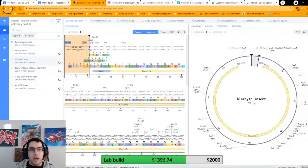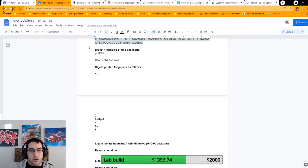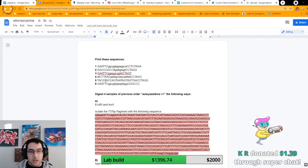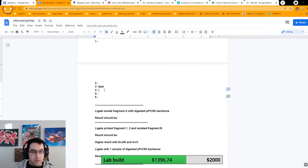Lovely. Now we scroll down. We're looking for CTT-AAG, which needs to be digested with AflII. I don't know if I'm going to remember that, but we're going to give it a go. It's probably the one right next to it. Did I? CTT-AAG? That looks right. And it needs to be digested with AflII. So we go down here, we go